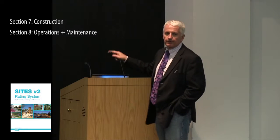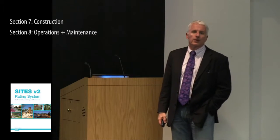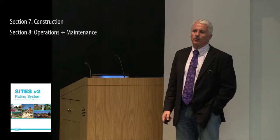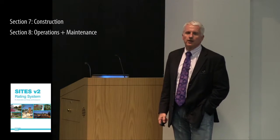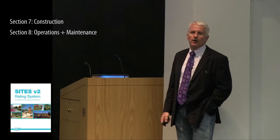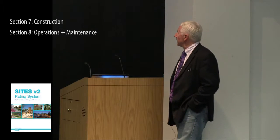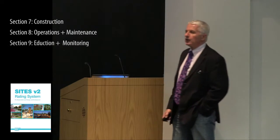And then there are some other things that fall under that category, including the type of maintenance operations. And there are credits associated with, for example, using renewable energy in maintenance, and the kinds of materials and equipment that are used in maintenance and operations of sites. And then Section 9 is education and